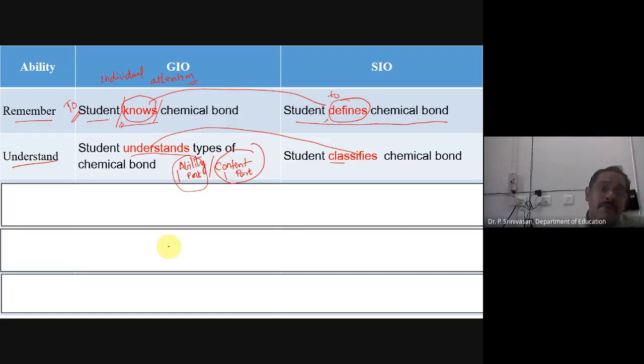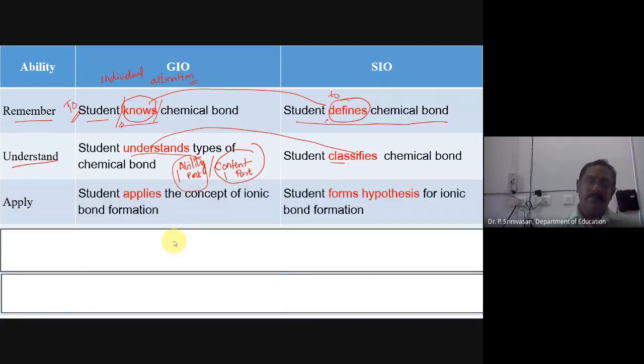Side by side I am also saying how to write. Not only do I give what is to be written, I am also telling the way in which it has to be written. Starting from the first, we should not use the plural term. That is number one. Second, we should not use the word 'to'. Third, we should always have one ability part and one content part. We should not have more than that, which means that it is very difficult. At a time, we cannot ask two things. And it is a good step-by-step process. Okay.